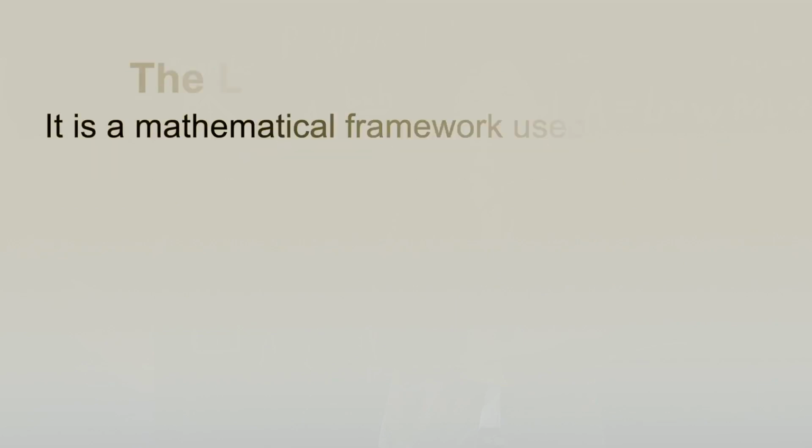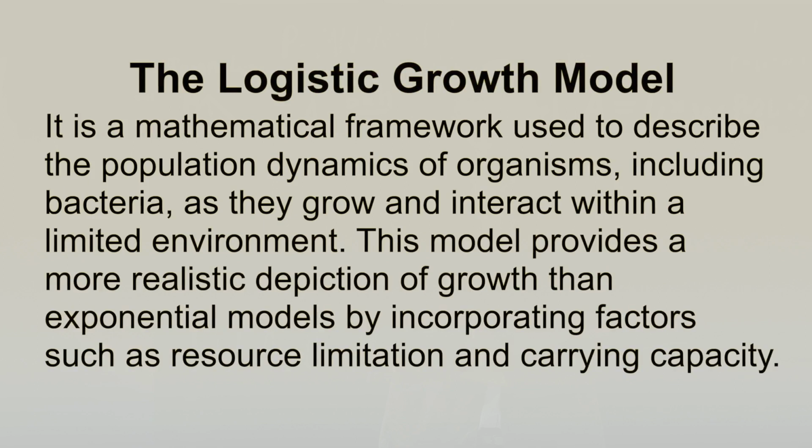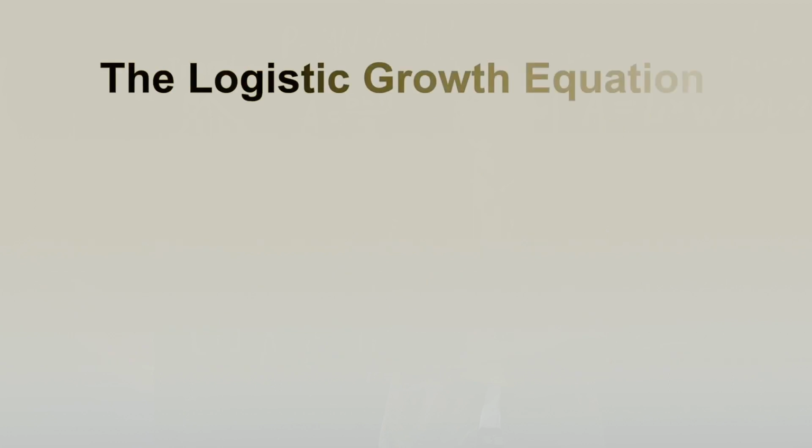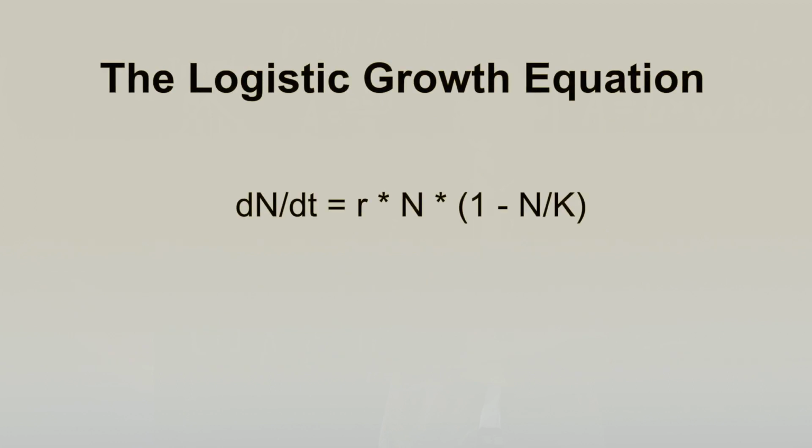The logistic growth model is a mathematical framework used to describe the population dynamics of organisms including bacteria as they grow and interact within a limited environment. This model provides a more realistic depiction of growth than the exponential model by incorporating factors such as resource limitation and carrying capacity. The logistic growth equation is typically expressed as dN upon dt is equal to r into N into 1 minus N upon K,